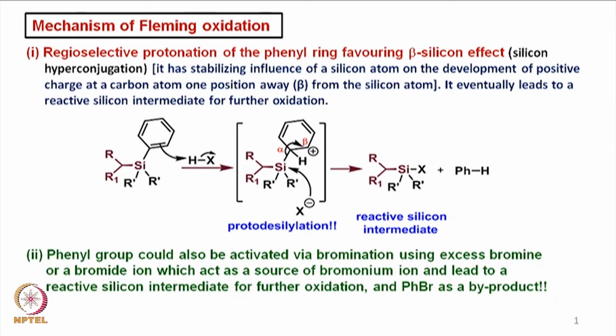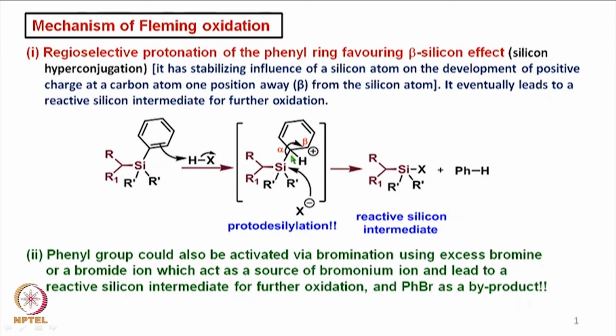The Fleming oxidation essentially involves, as we saw, a conversion of a stable silicon containing starting material to a reactive silicon intermediate for further oxidation. So, under the protic conditions, which was the initial condition reported by Fleming, it basically involved a regioselective protonation of the phenyl ring favoring the beta silicon effect. That means this particular phenyl ring undergoes protonation in such a fashion that the proton